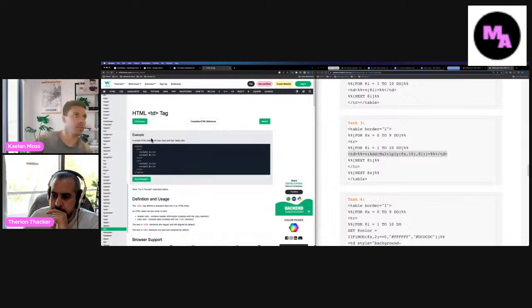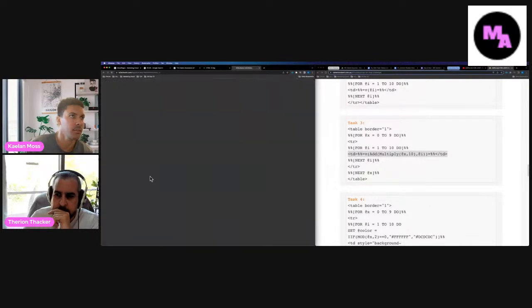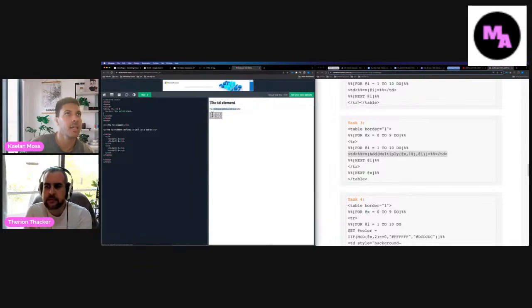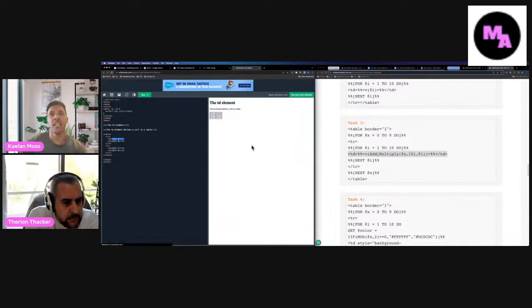Let's see, what does W3Schools say? A simple HTML table with 2 rows and 4 table cells. Defines a cell in a table. Cell A, B, C, D. Table TD. Oh, gotcha. Okay, TD, whatever you put in the middle of TD becomes what's inside of the cell. Okay. So he's saying inside of this TD cell,